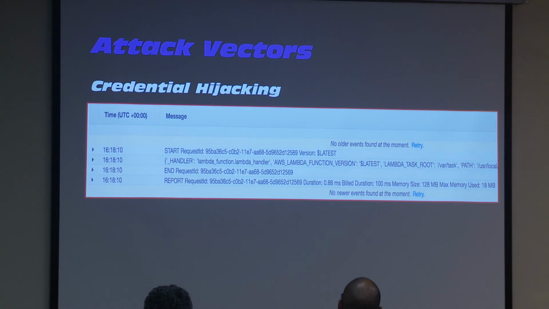This is, I think, a CloudWatch log. I don't remember. Yeah, CloudWatch. There you go. Thank you. So this is just another logging utility that AWS has. Again, just showing when it started, when it ended, who it was executed by, and what it did. Important takeaway is that AWS thinks it's Lambda, not you.